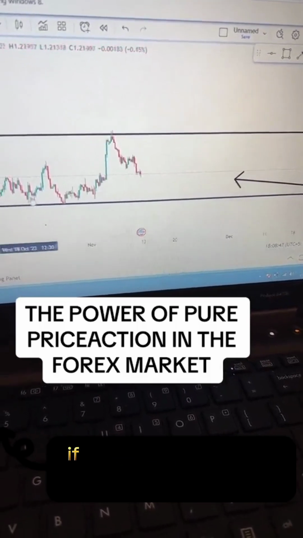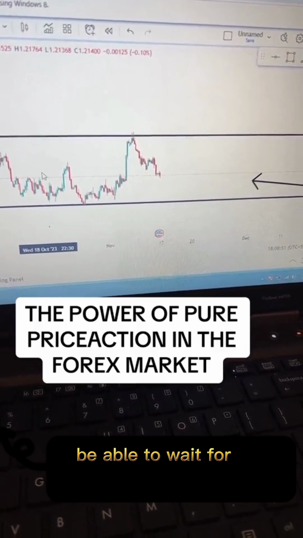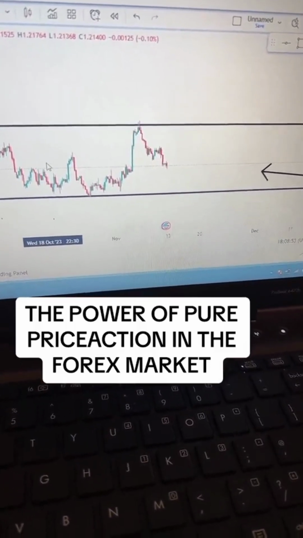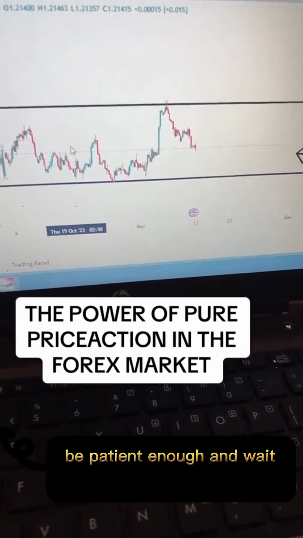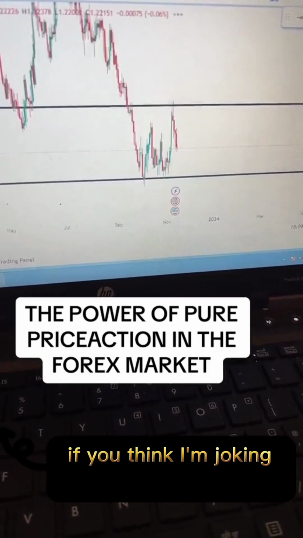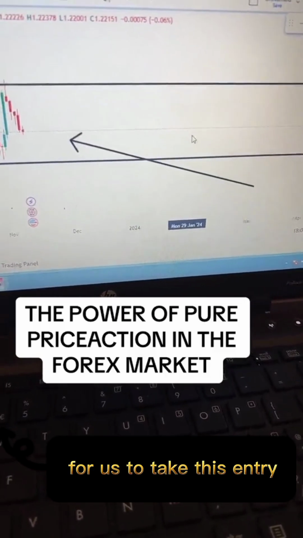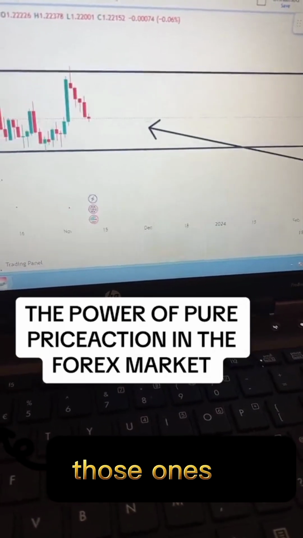Market is very easy if you learn to use pure price action, and just do one thing: be able to wait for the market to bless you. Be patient enough and wait for the market to bless you. Now, why am I saying be patient enough? If you think I'm joking here, it's all about patience. For us to take this entry, remember we took this, those ones who watched my first video,